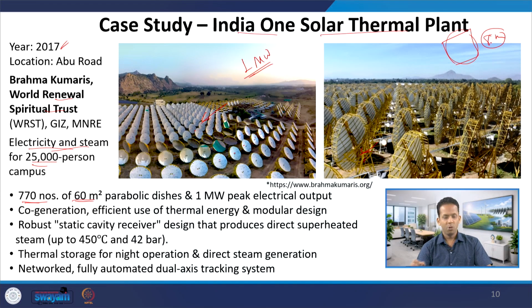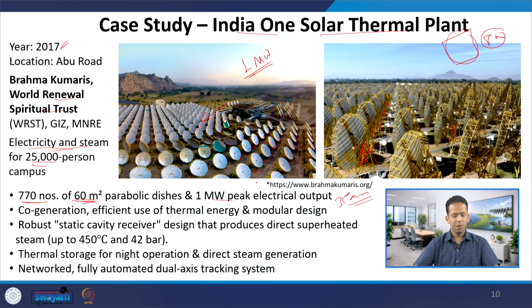Because of that significantly huge surface, you need a strong and sturdy support. So a lot of metal and engineering has gone into installing and supporting these close to 800 parabolic dishes, and these need to have sufficient spacing in between so that they are able to move along with the position of the sun. That's why this needs a huge area, around 35 acres, which we saw in the previous slide,